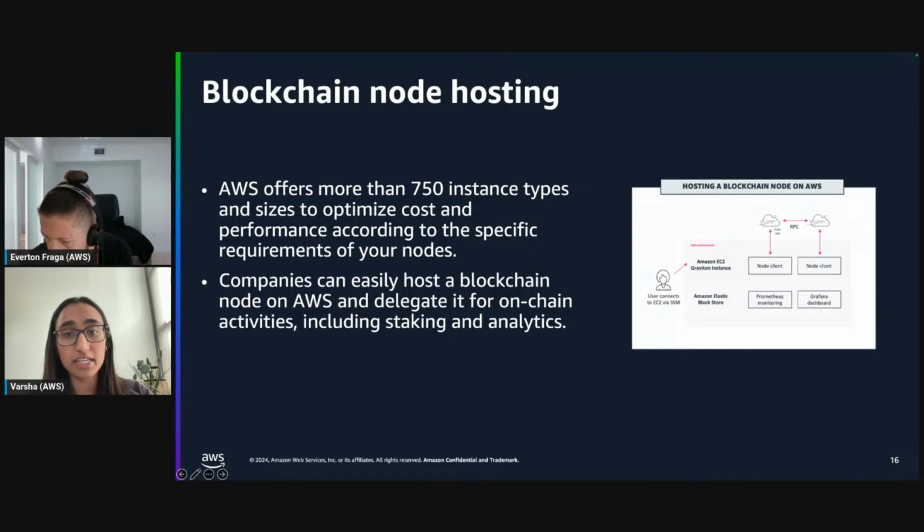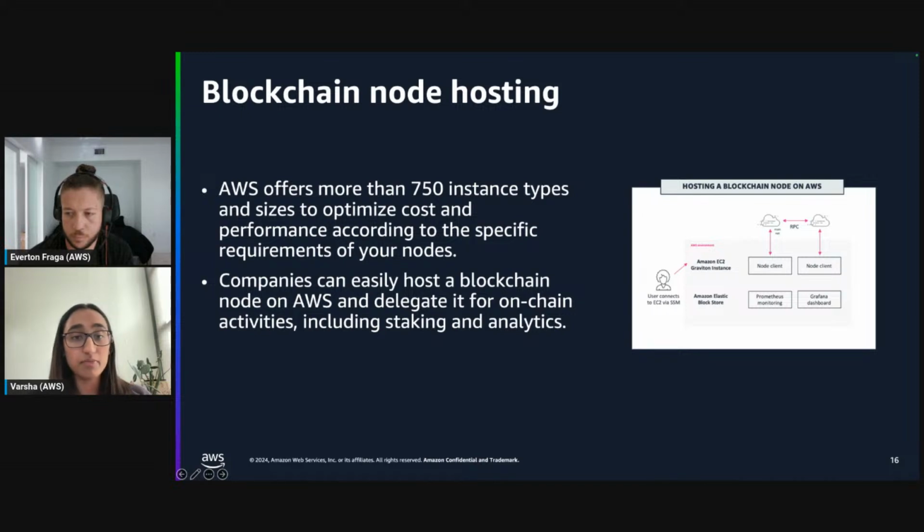Our security offerings help you implement security best practices by utilizing security groups, Nitro Enclaves, etc. And we ensure that only necessary ports are open for peer-to-peer communication.